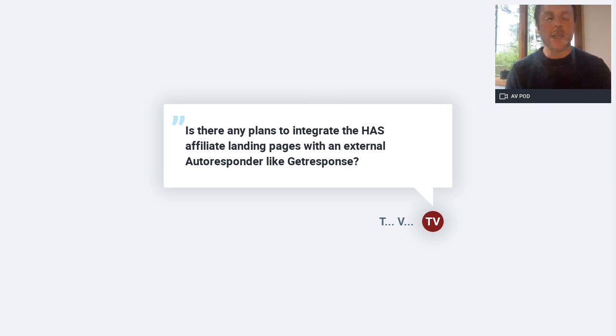That said, a simple workaround here is, Trevor, just check your signups every single day, get those signups and import them into your autoresponder system. Okay, so that's how I would do it.